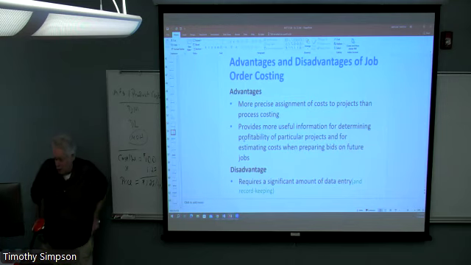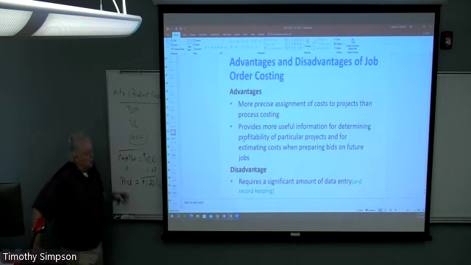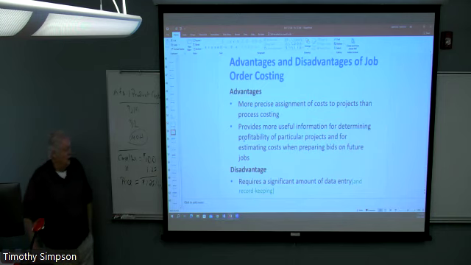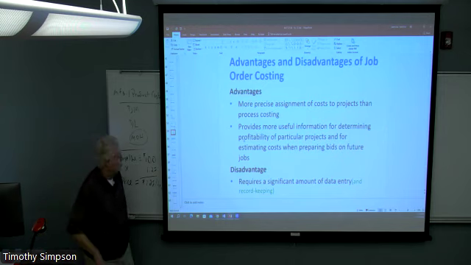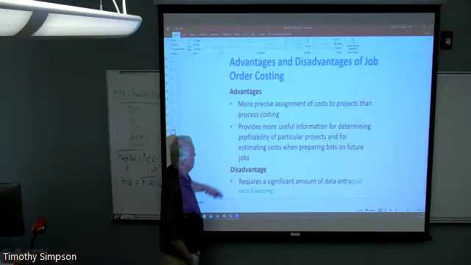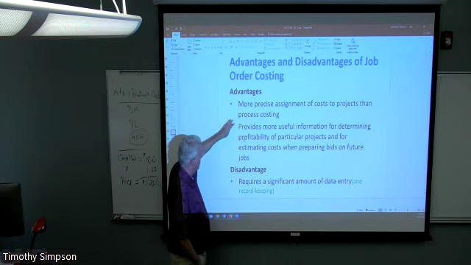Okay. Any big questions before we round the bend here? I've got just a little bit to go, and then I want to get into the final bit about how we apply overhead and what happens when we have made some errors or gone too far. I do want to get into that. First, let's talk about some of the advantages and disadvantages of job order costing. Number one, as we've mentioned numerous times before, it should allow for a more precise assignment of costs, all costs, whether it's overhead or direct costs.